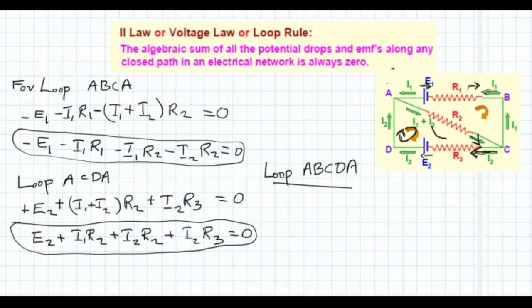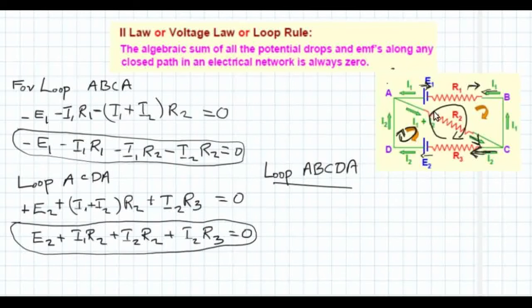Then what about the Kirchhoff's equation for the loop ABCDA? So here again we take the clockwise direction as positive for the current. So that means, if you take this clockwise direction, you know current I1 is opposite to clockwise direction, so I1 should be negative. Then if you come like this, current I2 is in the clockwise direction, so I1 should be negative and I2 should be positive.